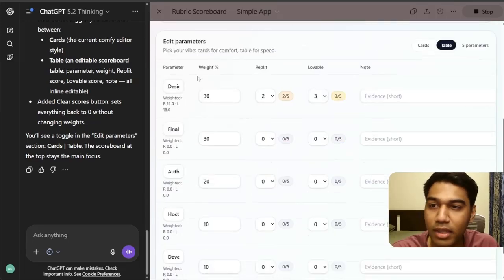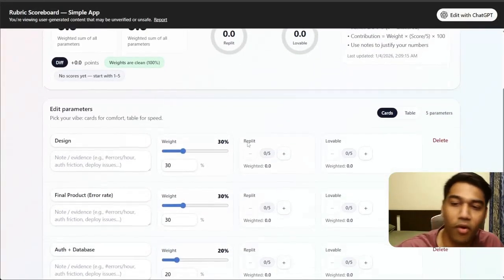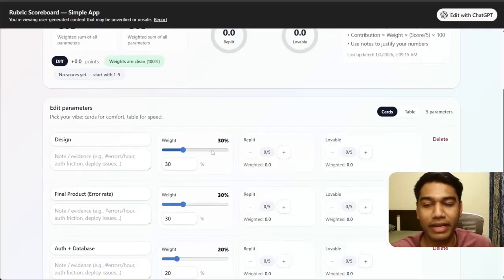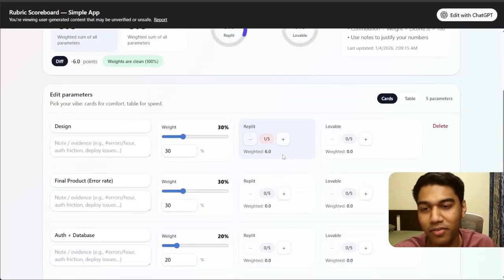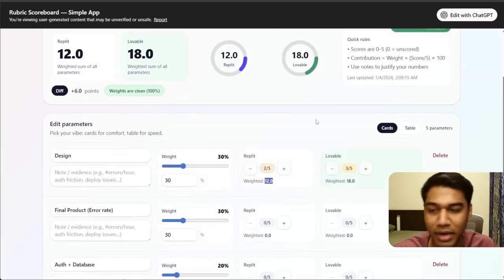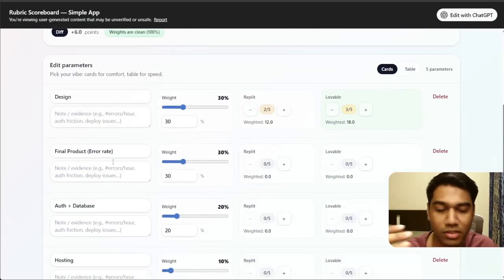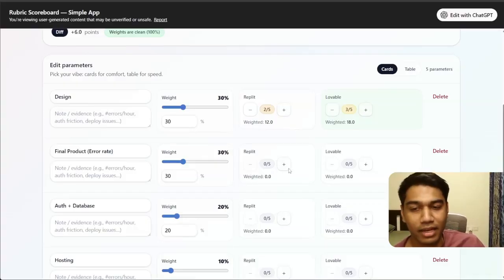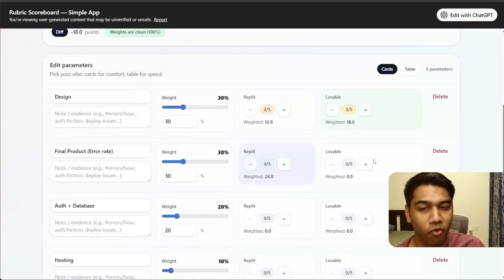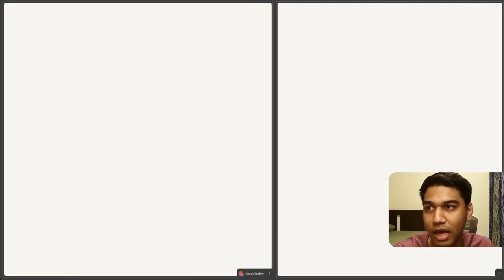Now on the actual parameter, where again, how does the app actually show up. So now on design, I've given the weightage to be 30%. Now here I will give Replit a good 2 and maybe a point more. It's not crazy good, but it's great. But now from final product rate, or even just the start product rate, I would give Replit 110% a 4 and Lovable a 2, even though let's see how it actually ends up. So we're going to give it a couple more prompts to see how we end